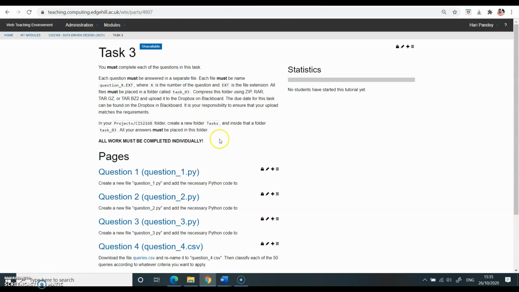And I will again explain all these things in detail during the tutorial session, so that you can get a better understanding, and you will be able to complete all the programming exercise and task 3 successfully.